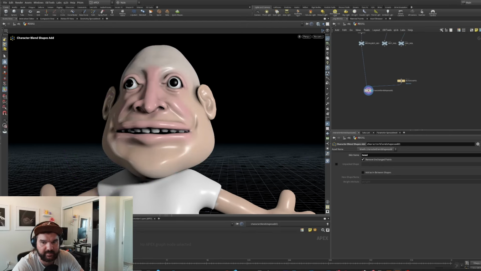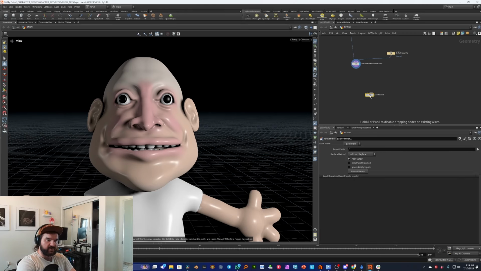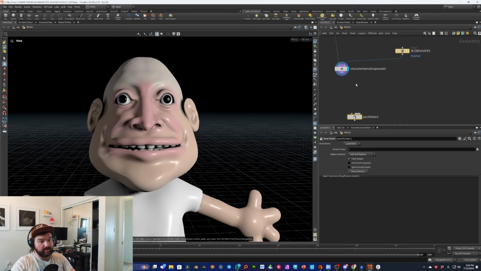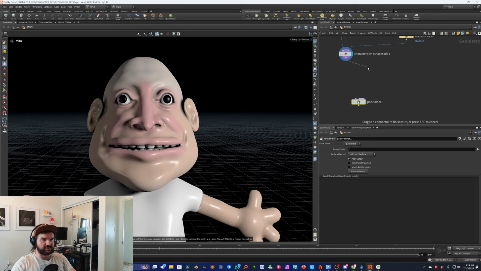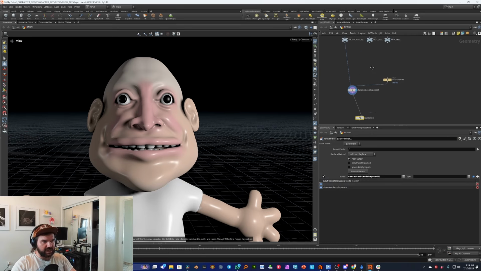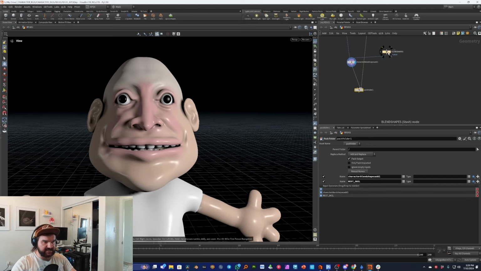So to bring this character into Apex land, the first thing that we're going to do is create a pack folder. This is going to sort of pack the character into the structure needed for Apex. And so in that second input, we're going to drag in that geo with the blend shapes and everything, just as the character shape. And then we're also going to bring in the rest skeleton. And that is technically all that we need,